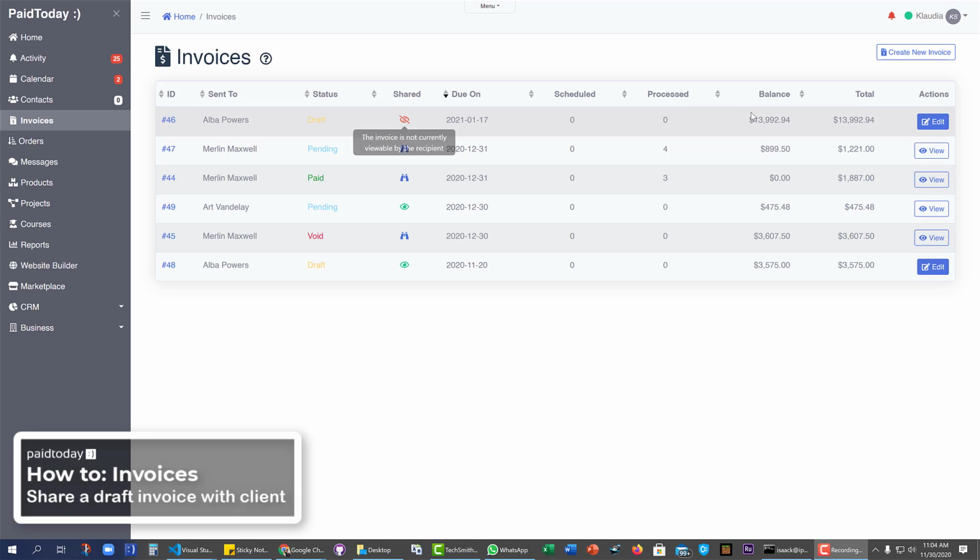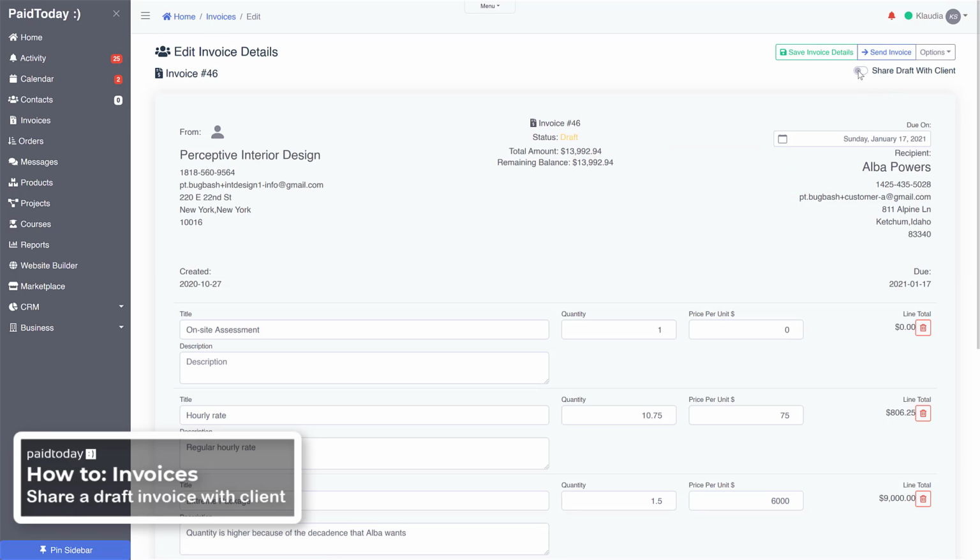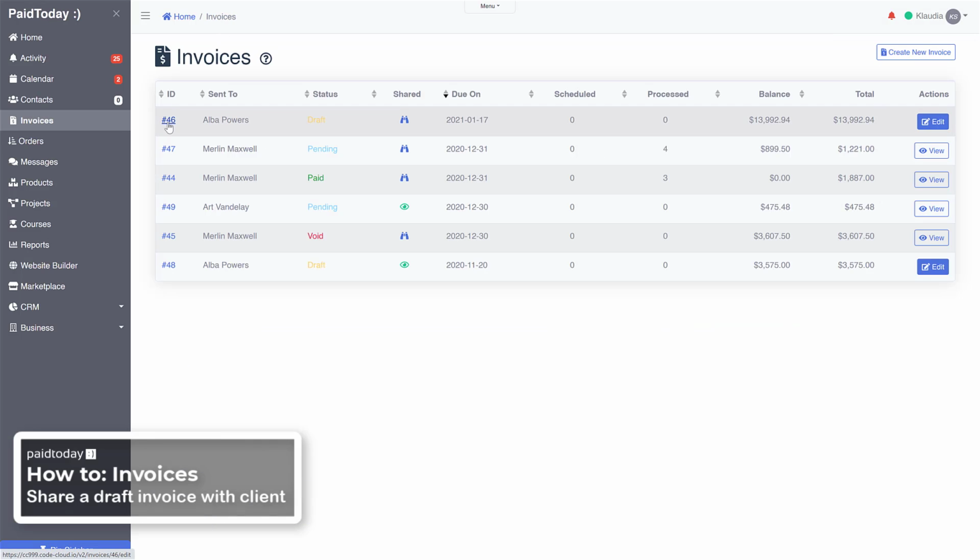So we're going to go ahead and open it up, click on the edit. And up here on the top right, we want to go to share draft with client. We're going to go ahead and turn that on, and then we're going to save these invoice details. And once we do that, we can go back to our invoices list here, and we can see that number